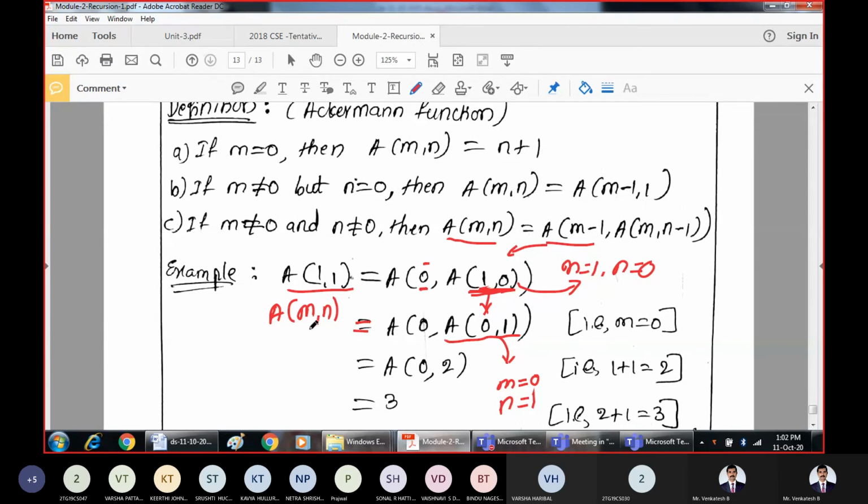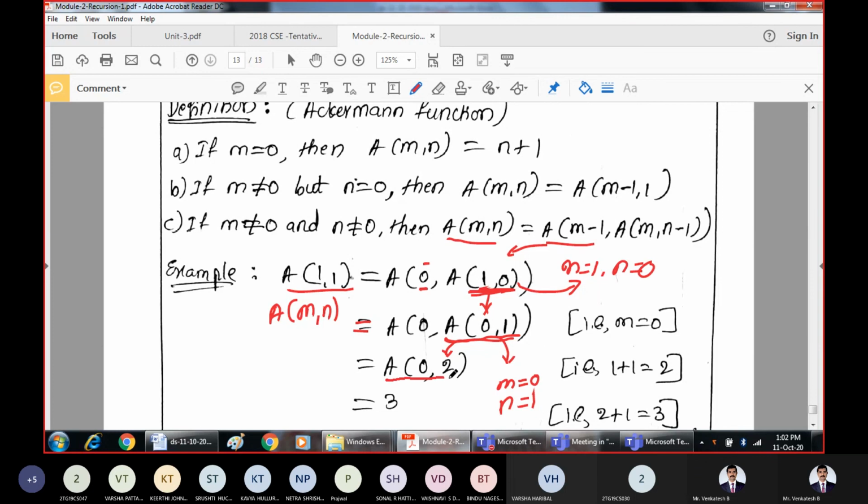Simply write it as n plus 1. So the result of this one is 2, because this is satisfying the first criteria A. A of 0 comma 1 is simply 2. Why is it 2? The value of n is 1. N plus 1 is 2. So A of 0 comma 2 we have got.